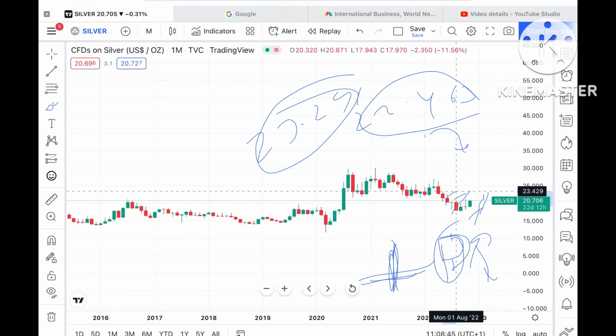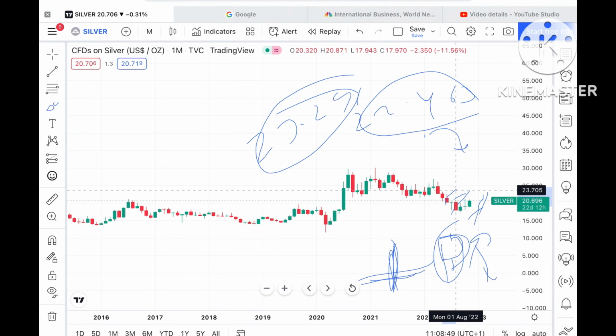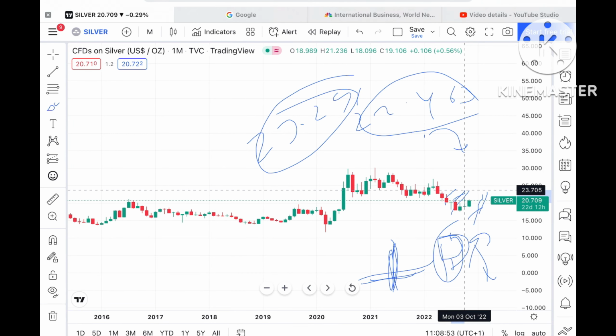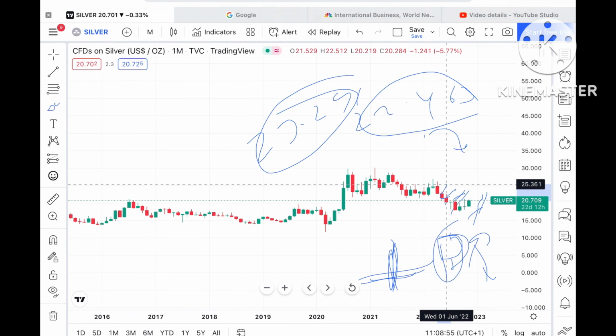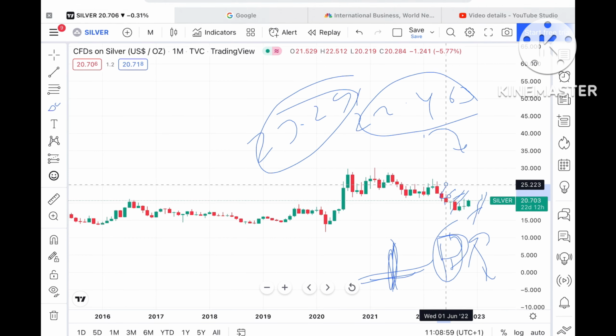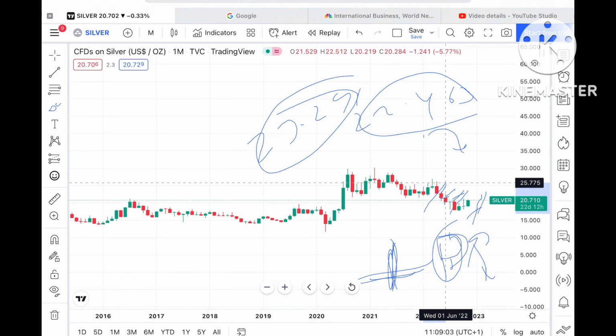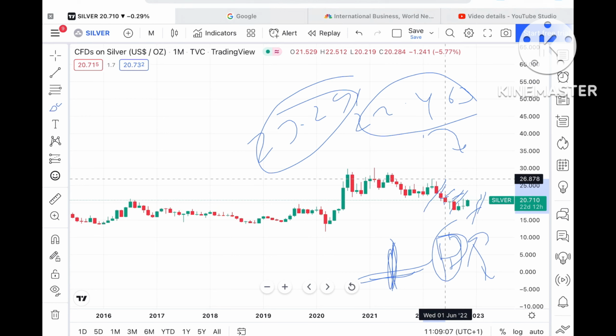So probability is there, if the price sustains above this level, then we can see it can go towards a level of around, if it sustains above a level of 23.705, then we can see it can move further upside, and a probability of touching 25.361 is there, because in between these resistances are already weak resistance, so chances are very high we can see it can move towards a level of 25.775, and from there we can see it can go towards a level of